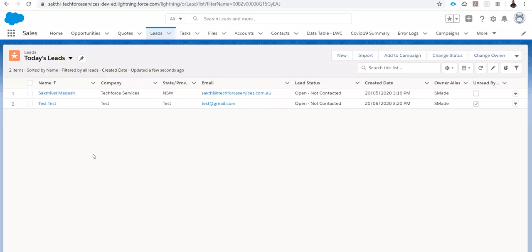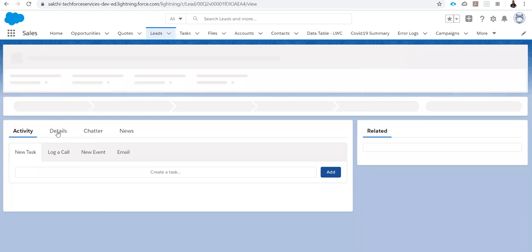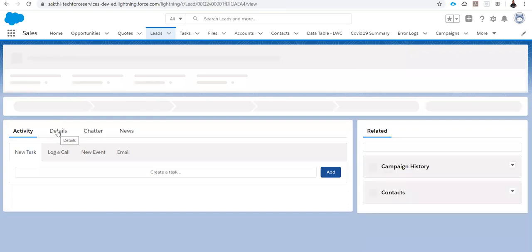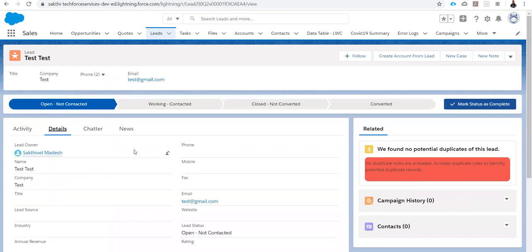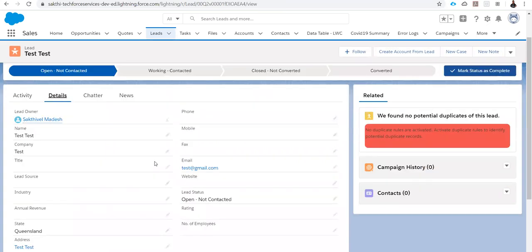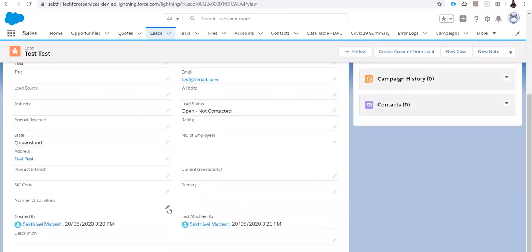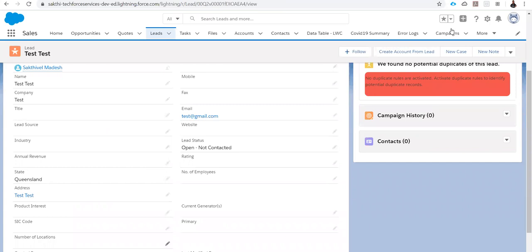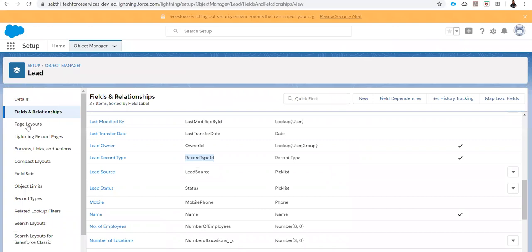See that the values are created in the leads. Let me open this record. Another detail: let's see whether the record type field is enabled in the page layout or not. It's not enabled. Let me go to the layout and enable the record type in the page layout.